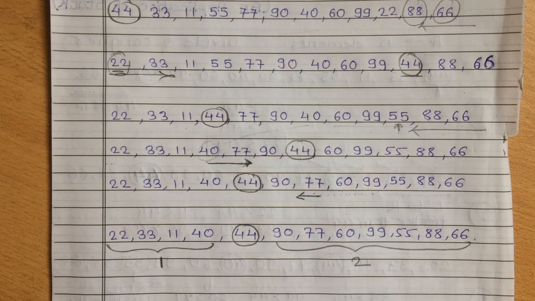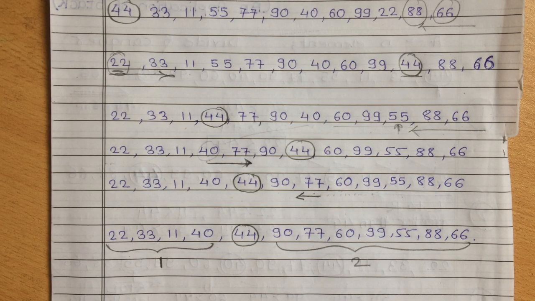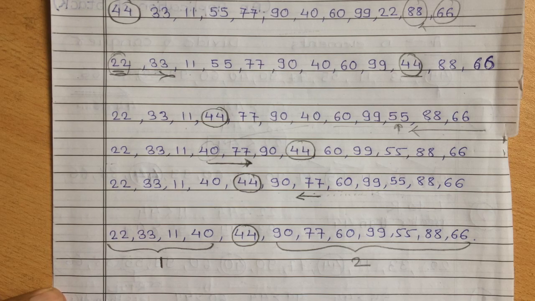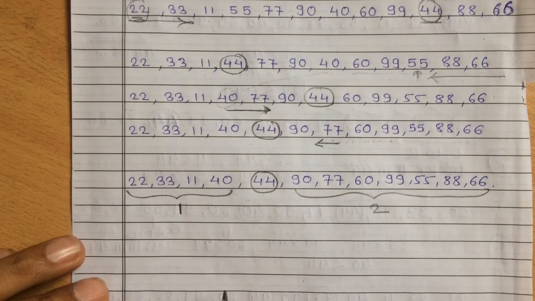As we know, we can only process one sublist at a time. So we have to keep track of the other sublist for further processing. To accomplish this task, we have to use stacks. So we are going to use two stacks.